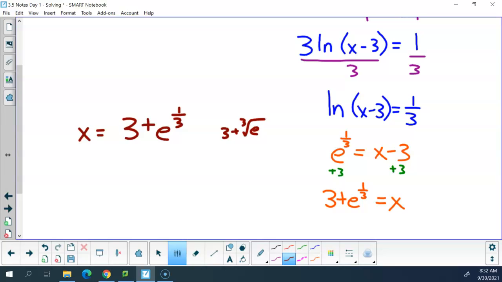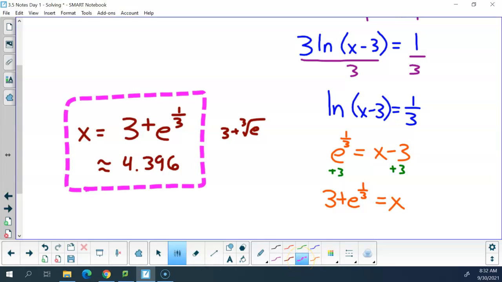I would accept it, but it's just the same here, because e is kind of special. 3 plus e to the 1/3 power. I should have written it down the first time I did it. I get here approximately, to 3 decimal places, 4.396. Yes? Love it. I like the exact better, but